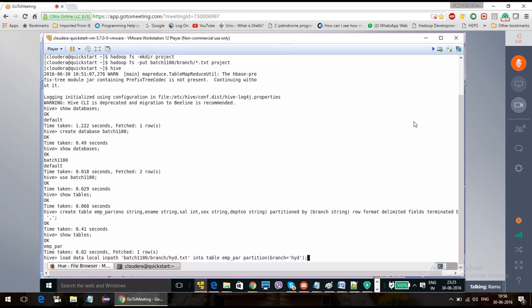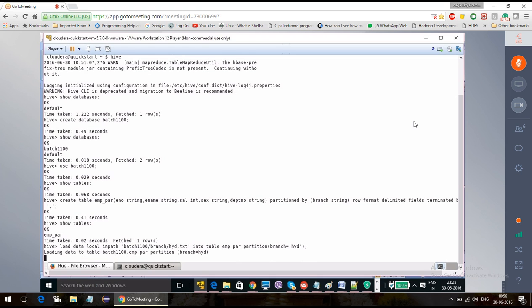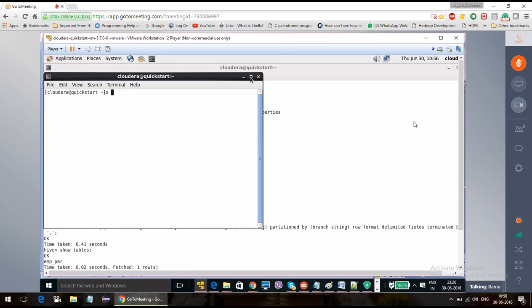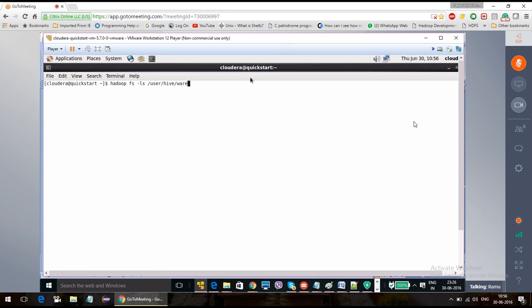Now I will show you where it got created. I am going to take another terminal just to show you. Okay. hadoop fs -ls /user/hive/warehouse. By default it is going to be stored in this folder, user hive warehouse.